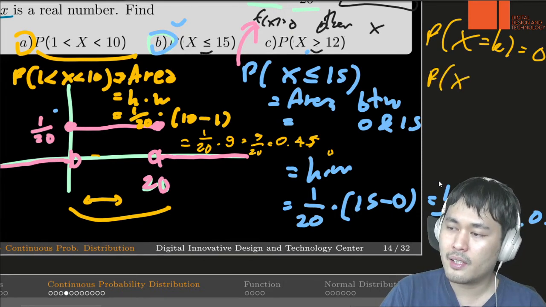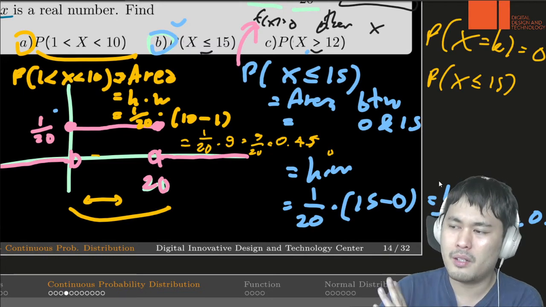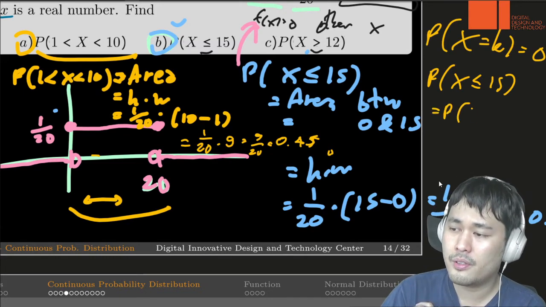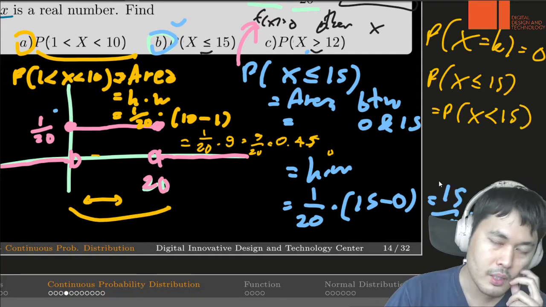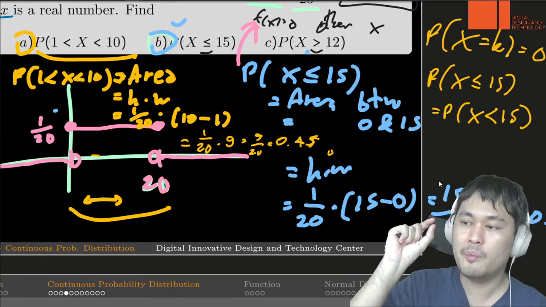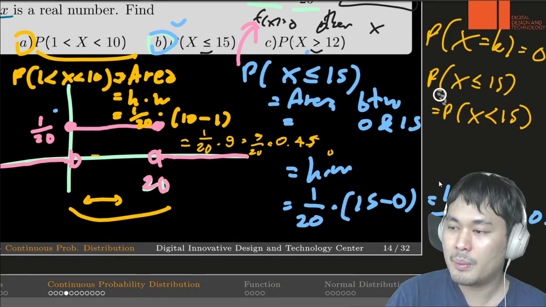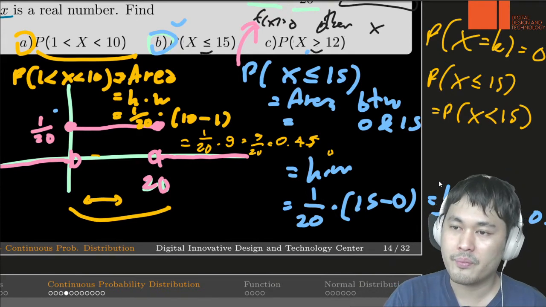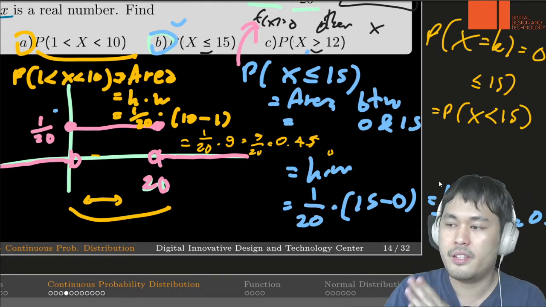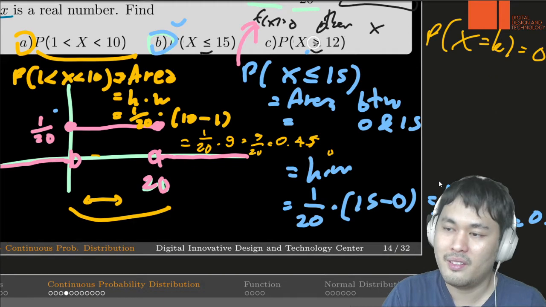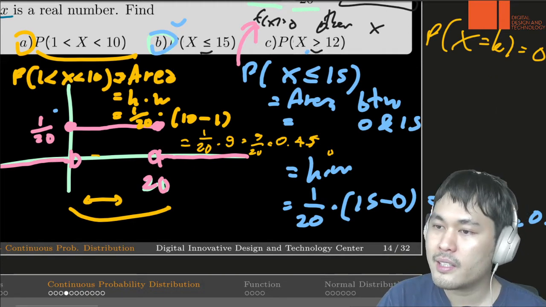So that implies that if you want to find, let's say, the probability that x is at most 15, that's going to be equal to the probability that x is less than 15, because we remove one point that is impossible to get. So the probability or the area is going to be the same. So now for C, we still repeat the same process. Even though it's greater than, we're going to get the same number anyway. So for that, let's use